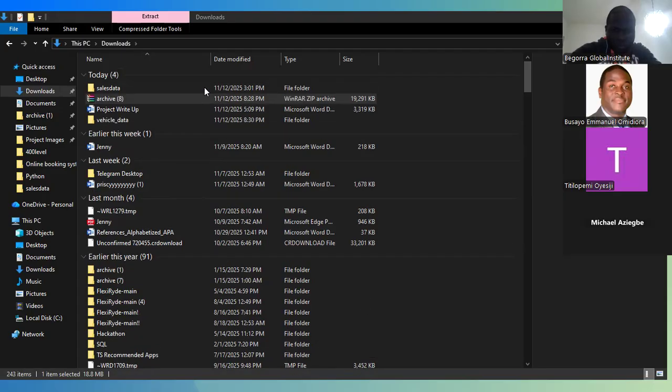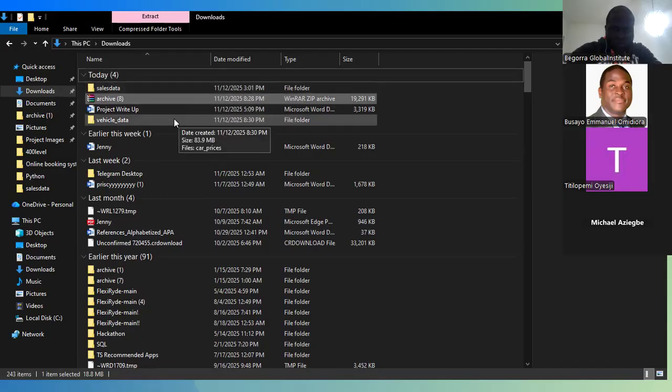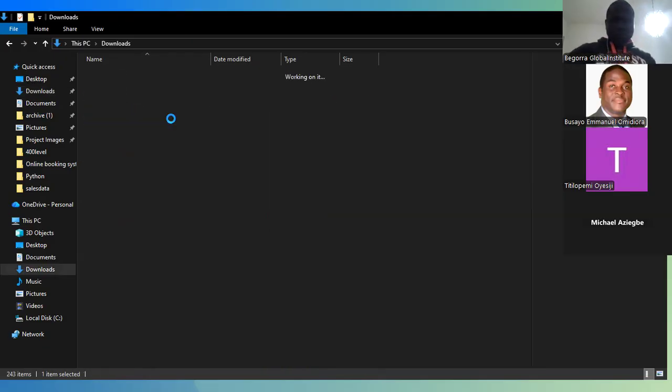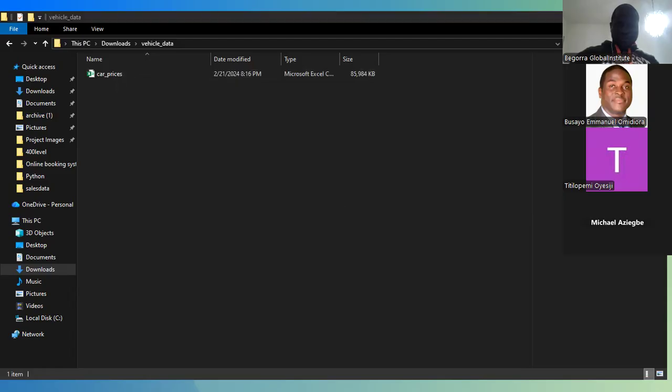So the extraction is done. Now I have my data here. This is it here. We have vehicle data. If I click on this folder, the data set should be inside. So this is the data set right here, car sales. So we'll come back to this data set. Let me take us to Excel now and introduce us to Excel.